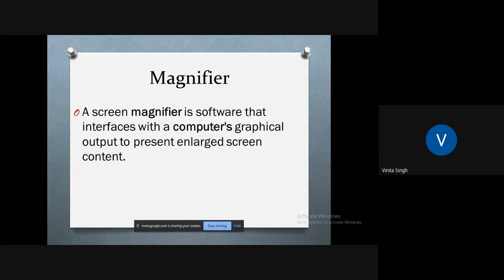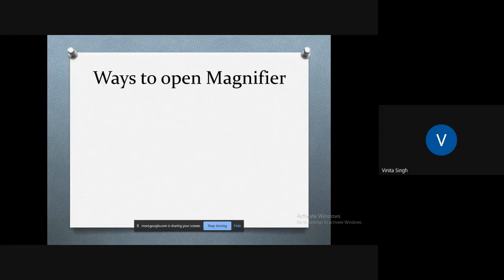So in that case, you can use the magnifier. The magnifier tool enlarges the font, images, or the app on your computer screen. If the type is too small on your computer screen or smartphone, even the operating system has a magnifier tool to help you zoom in for readability.